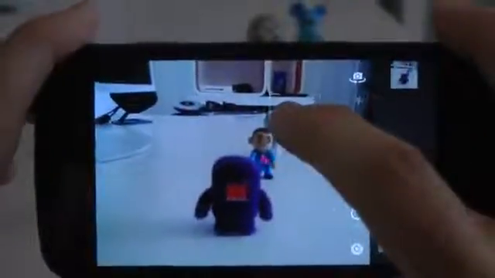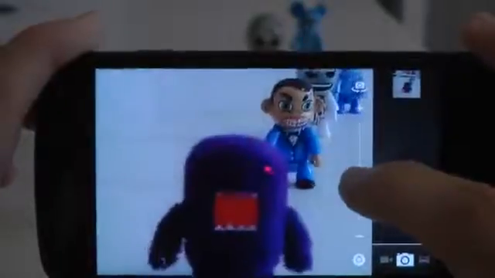And then we can also obviously tap in another area, so let's tap perhaps on this back model here, and again tap to take the photo. We can also zoom in, so let's zoom in all the way back to here, and we're going to tap and focus on this one first